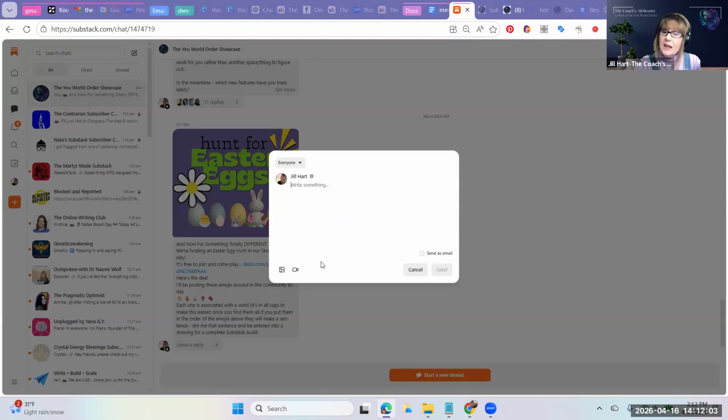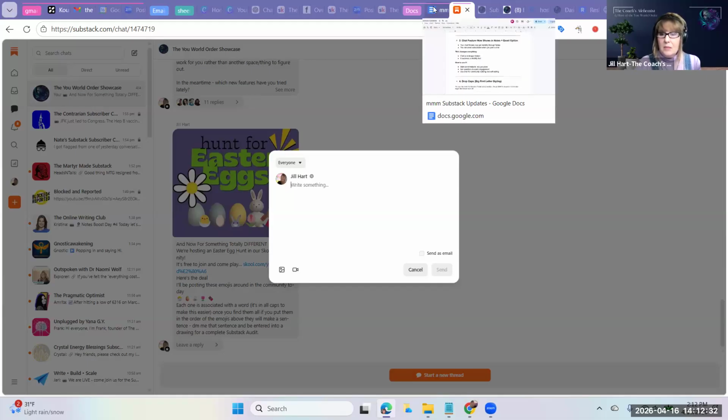So you can write a note in here. You can add a picture, you can add a video, and it will also not just show up here, but sometimes your chats will show up as notes as well as you can send them as emails. You don't have to send them as emails. And I don't know what the parameters are for them showing up as notes. I do know that they do show up from time to time as notes in your feed. Any questions about chats?